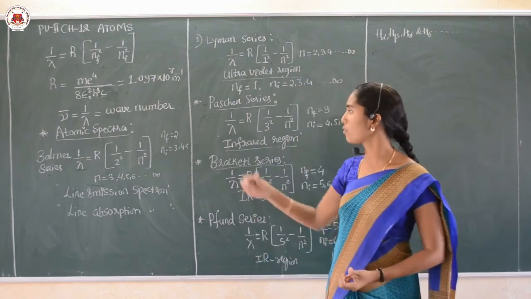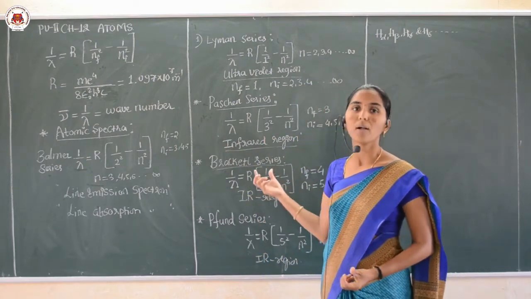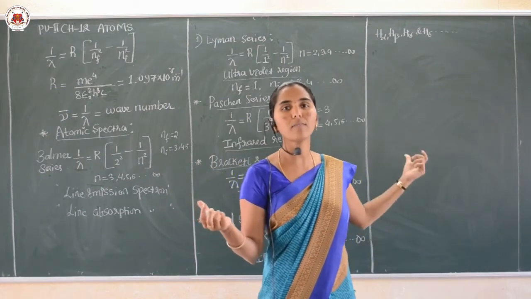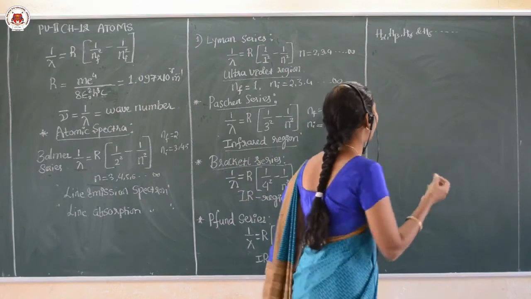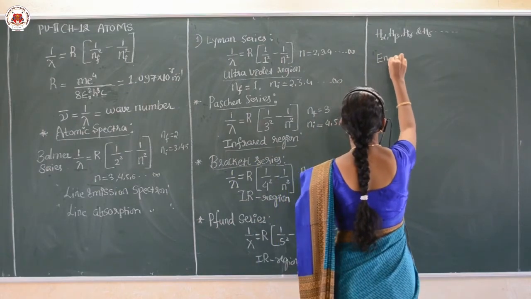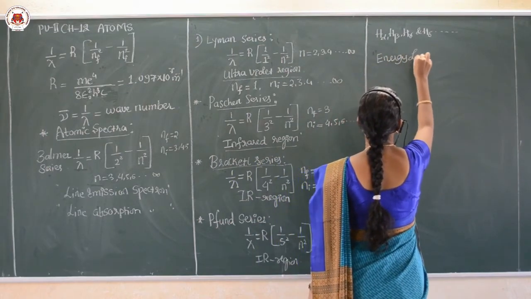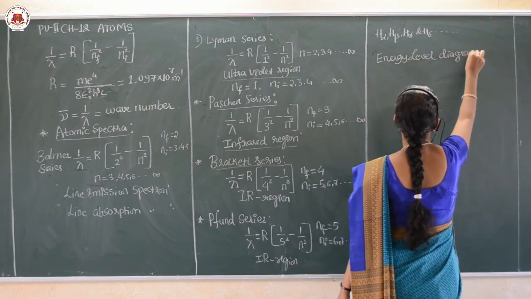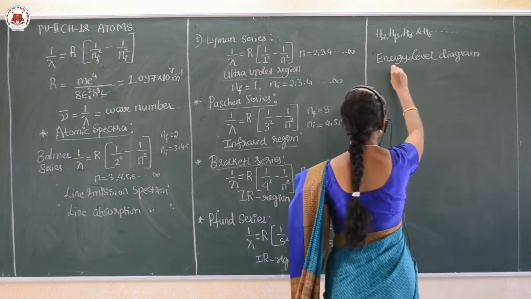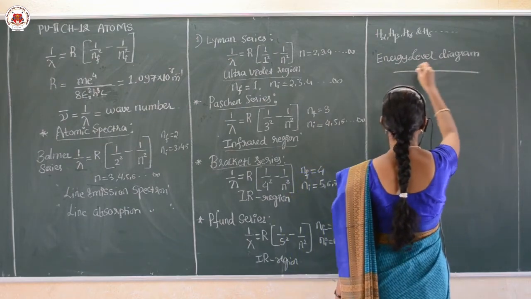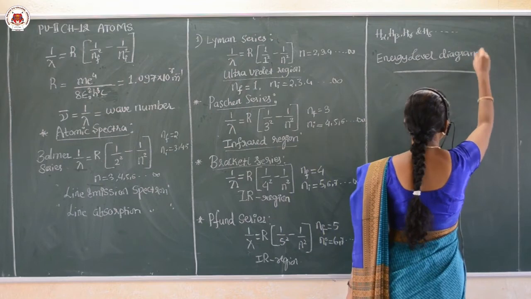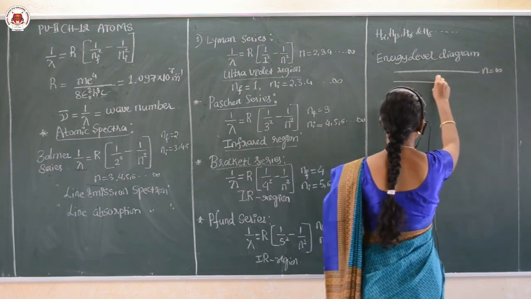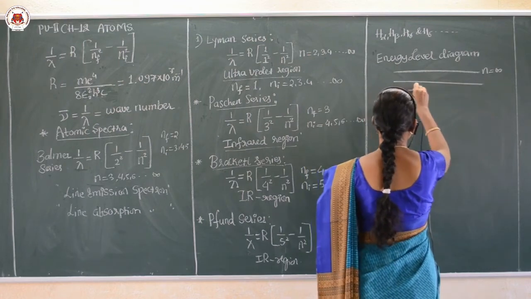And see, now let us move to the energy level diagram. We discussed the 5 different series here. Then how can those spectral series be obtained? Let us see with the energy level diagram here. Energy level diagrams. Yes, and here in this, first let us take a continuum, that means the n value will be at infinity, and after that we can take the higher energy states.